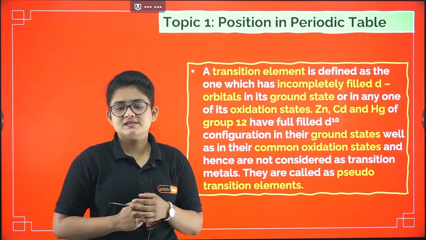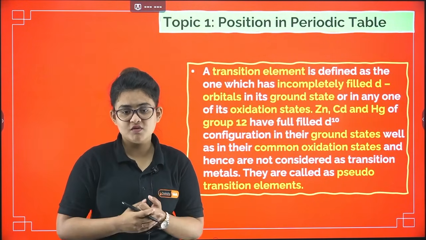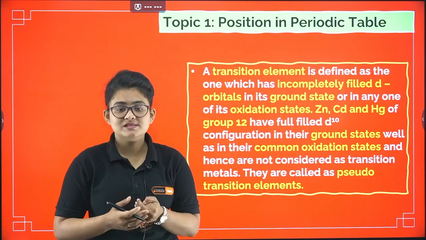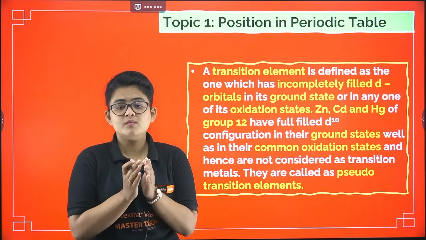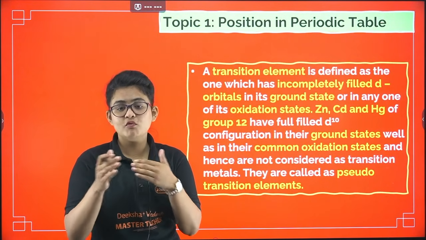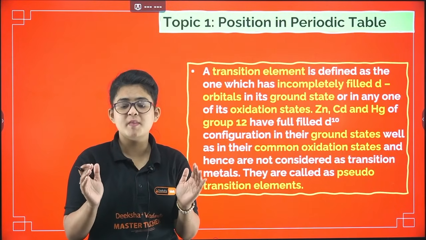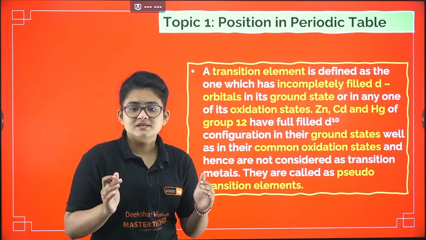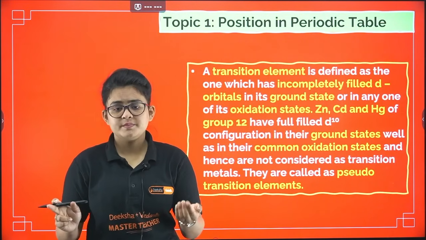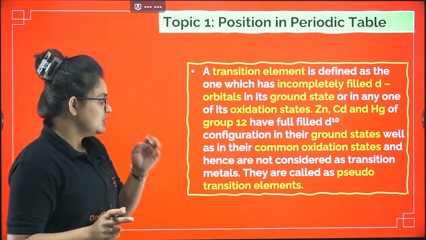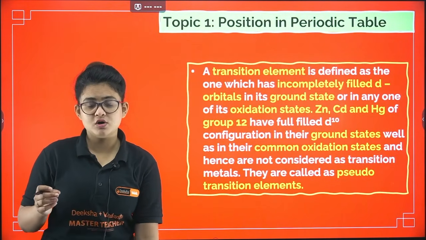If you take zinc in ground state, zinc has a d10 configuration, right? So as a result, there will be no chance of transition. Transition is possible when it is incomplete, meaning when there is a place for moving. But here there is no place for moving, it's already filled, it's compact. Like zinc, cadmium, mercury, they have completely filled d orbitals, so they are not considered as